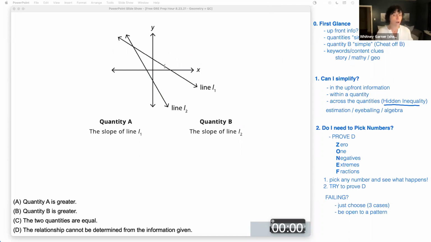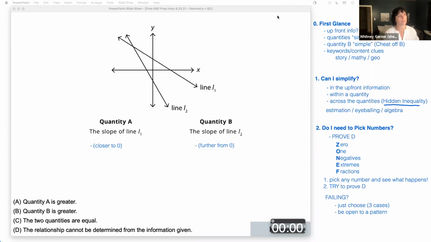What I do know is that line L1 is flatter, which means it's closer to 0, right? The more flat from either direction, I'm getting closer to 0, but it is negative and closer to 0. So negative closer to 0, and then this one is negative further from 0. So if I think about a number line, if something is negative and further from zero, that makes that number